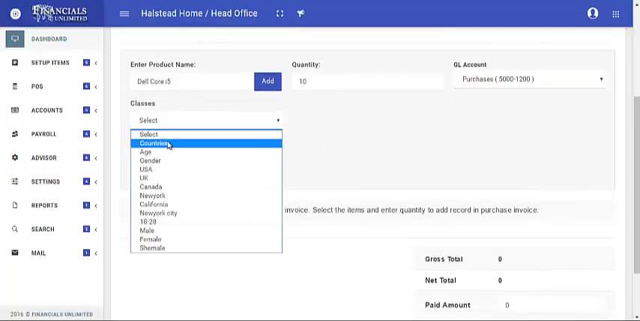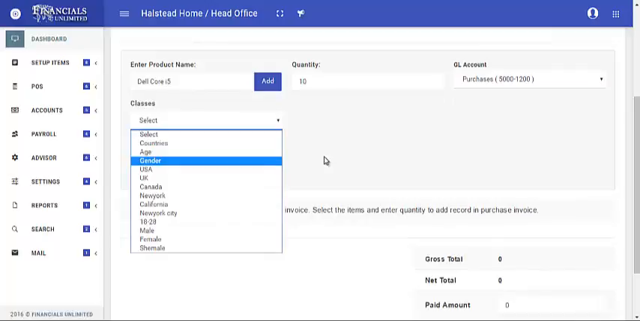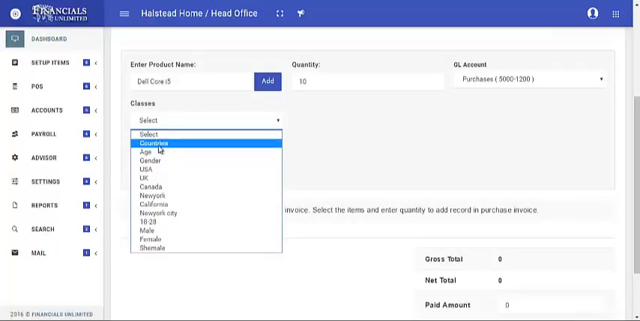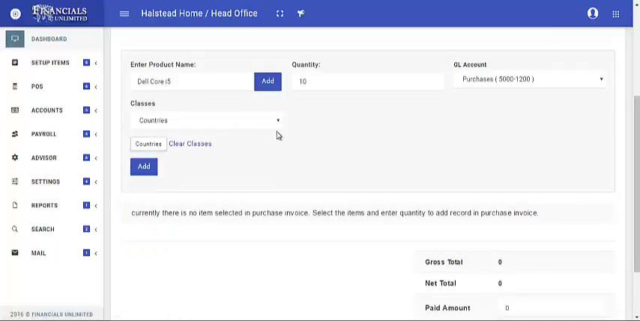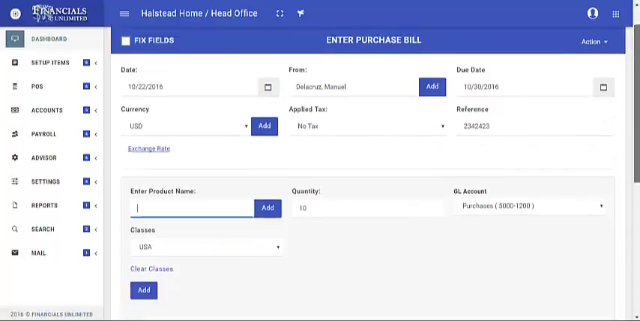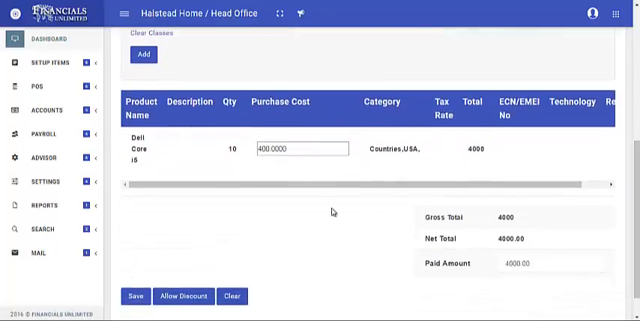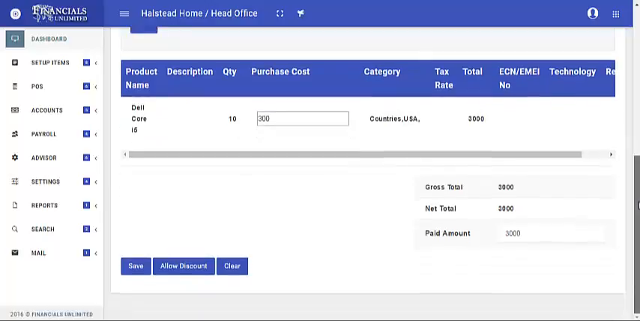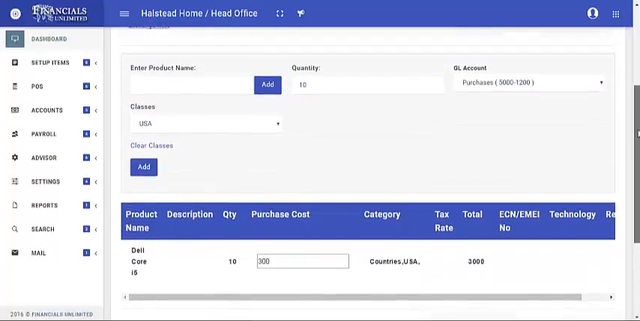Now if I want to track any class, I can track it. I am going to track the class, this transaction with respect to country. I'm going to add this. See, this has been added. This is the purchase account automatically. If you want to change it, you can change it, no problem. I make this as 300. Now I would